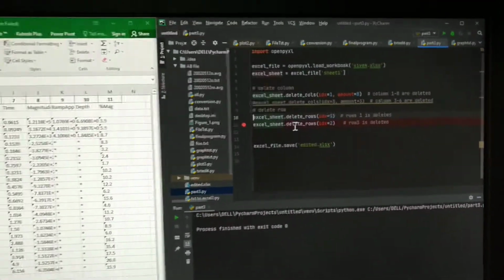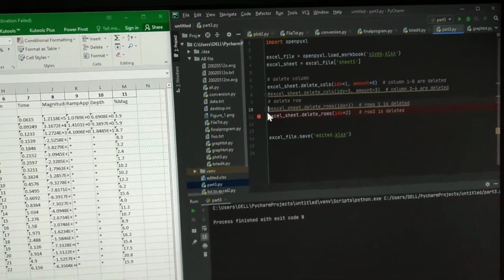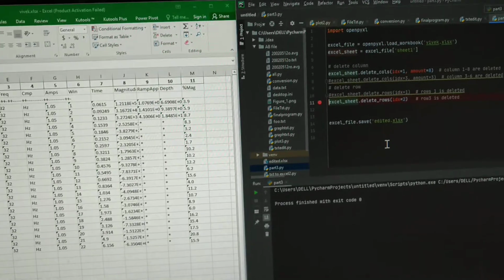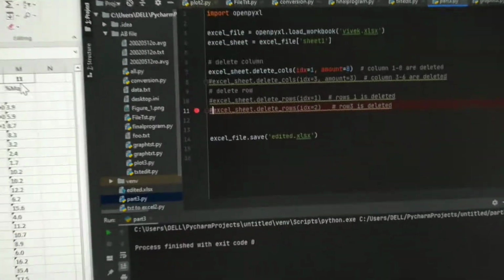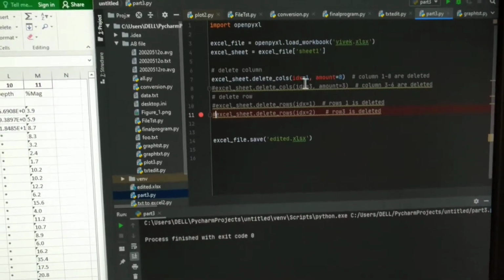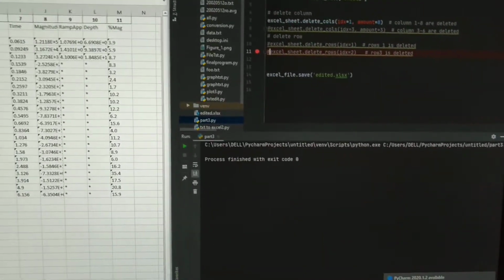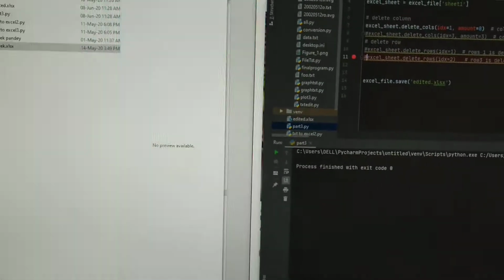So I will close all these things. Now you can see that I'm just doing index 1, that is, I want to delete 1 to 8 columns. So I have to close this file.